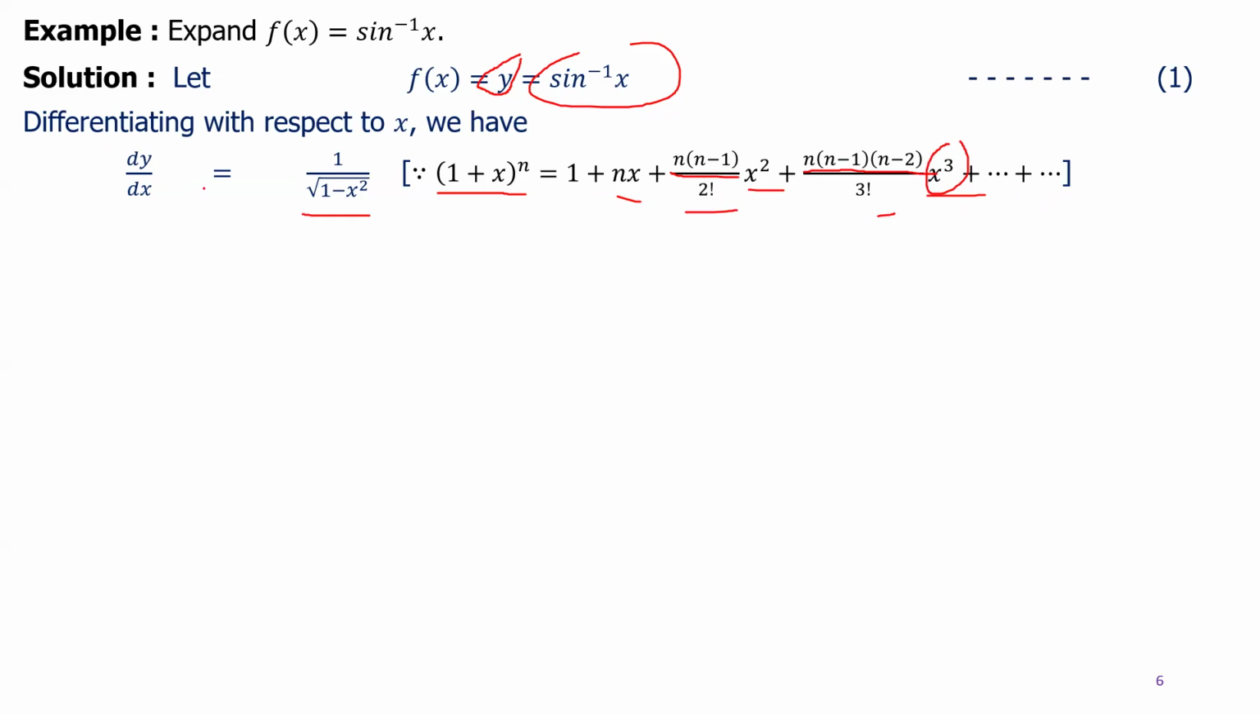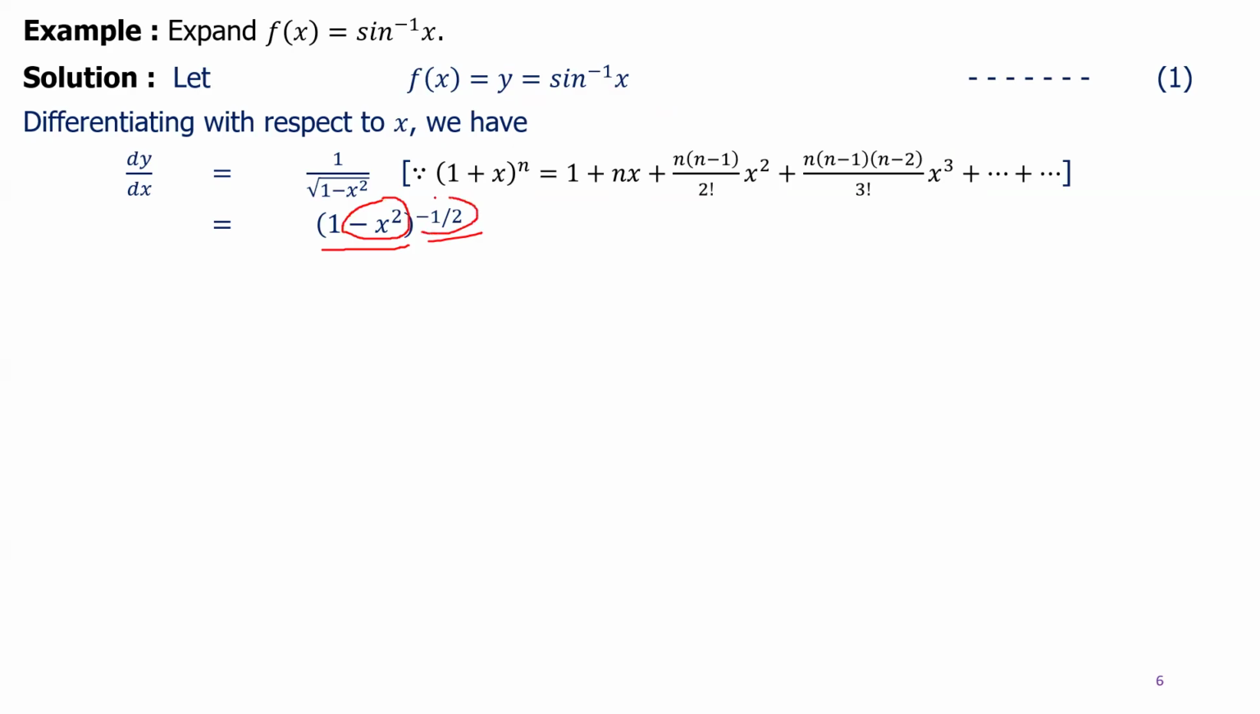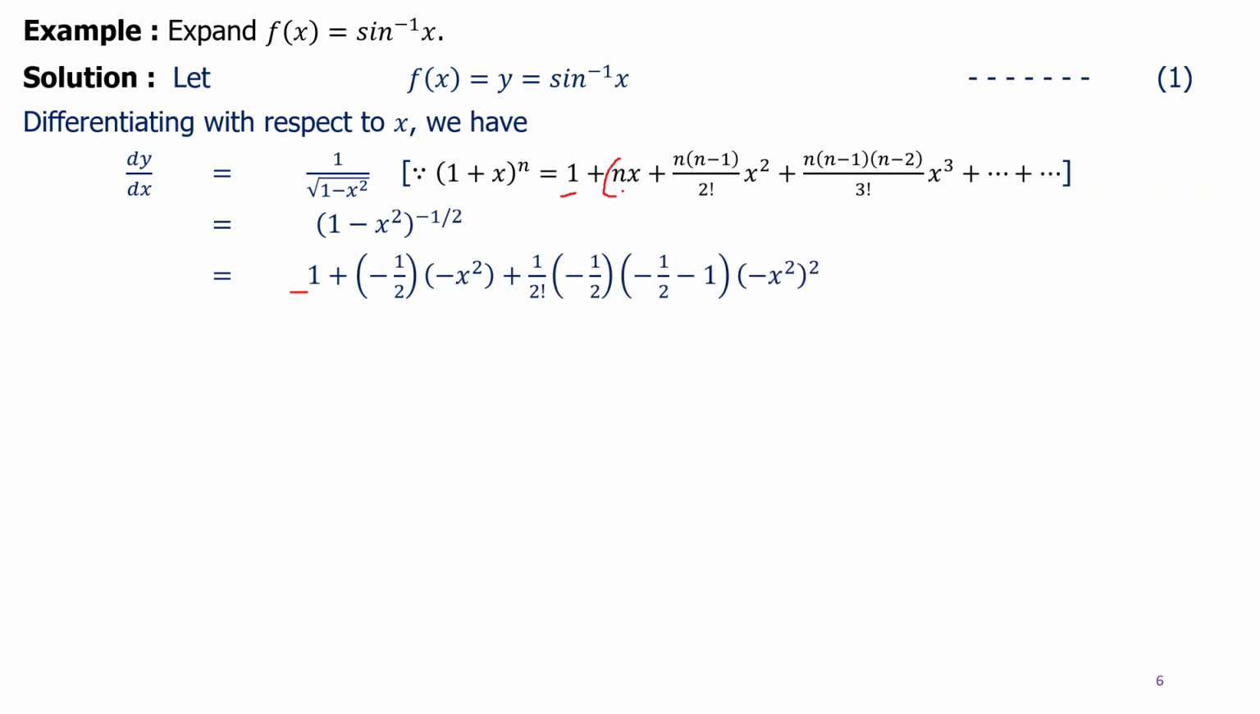So can we write 1 upon root of 1 minus x square as (1 minus x square) whole to the power minus 1 by 2. So here clearly the value of x is minus x square and the value of n is minus 1 by 2. So let us put over here 1, the value of n is minus 1 by 2, the value of x